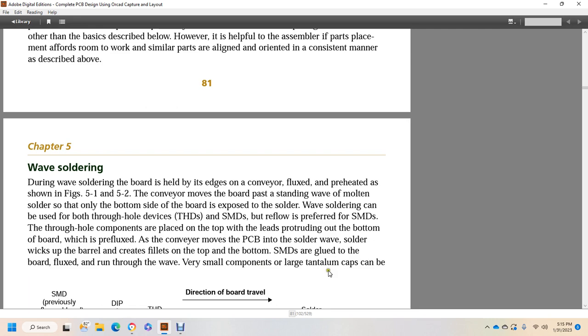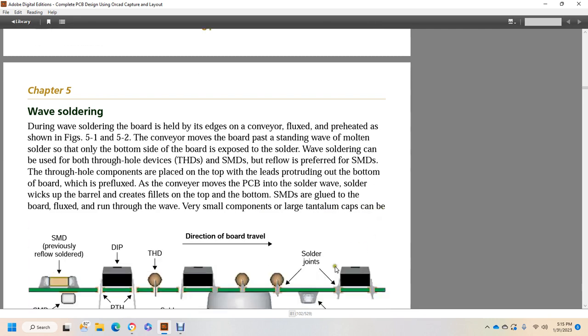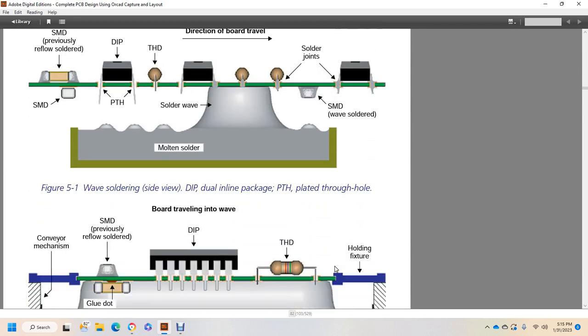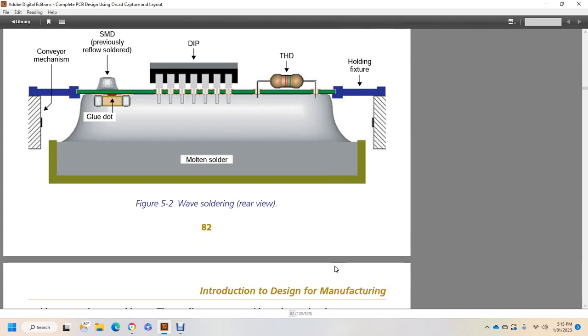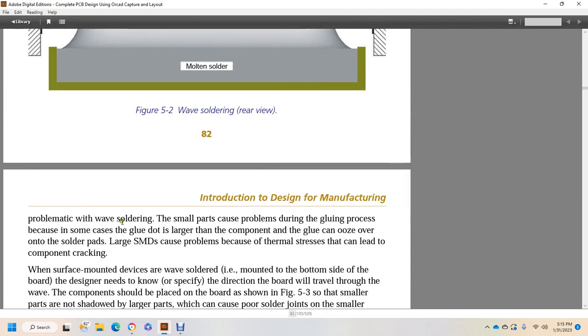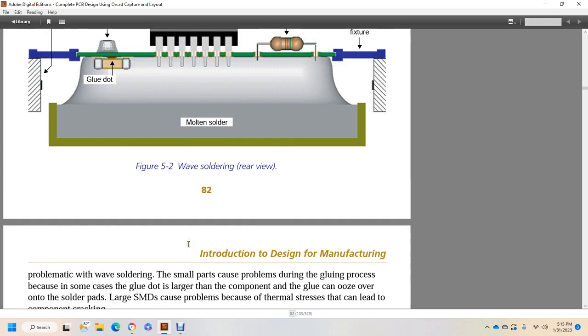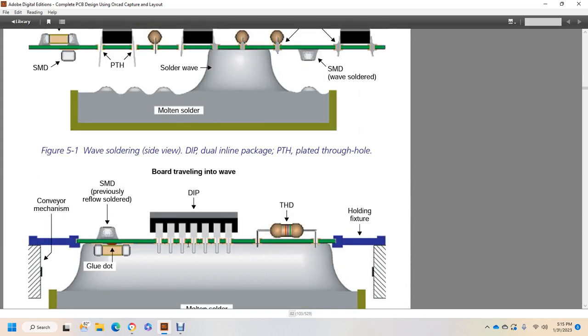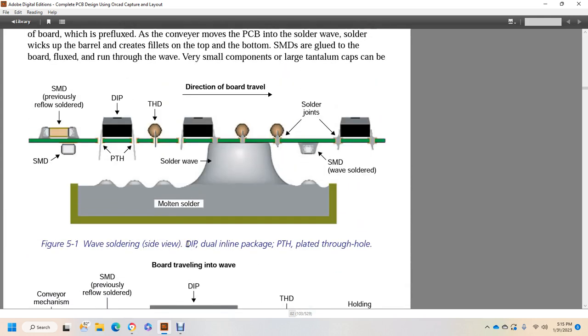Very small components or large tantalum caps can be problematic with wave soldering. With the small parts, the problem is due to the gluing process. If the glue dot is larger than the component, the glue can ooze over the soldered parts. Large surface mounted devices cause problems because of the thermal stress that can lead to component cracking. And now we're going to look at Figure 5.1,